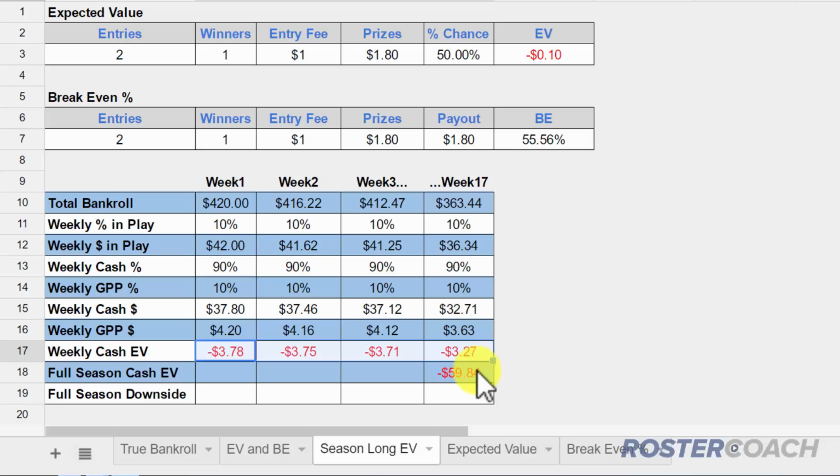And we see here that a player that is just 50-50 to win in a head-to-head for the entire season will expect to lose about $60 in head-to-heads over the course of the season. Now, that might not seem like much if you're playing with a $420 bankroll. You might think that you can be much more aggressive with your bankroll, but then once we factor in our GPPs,